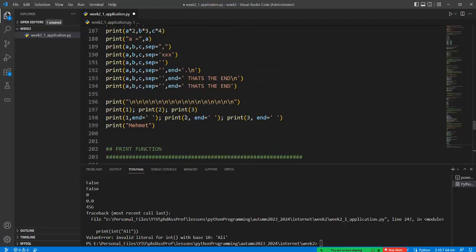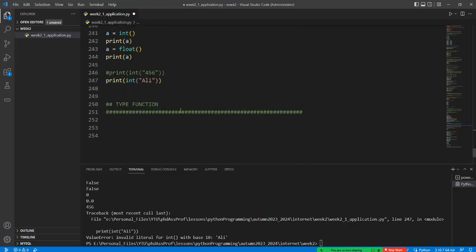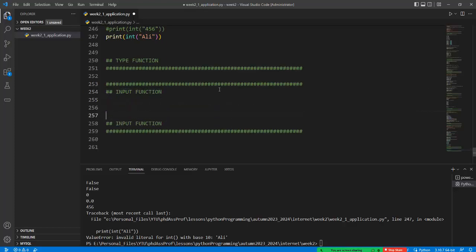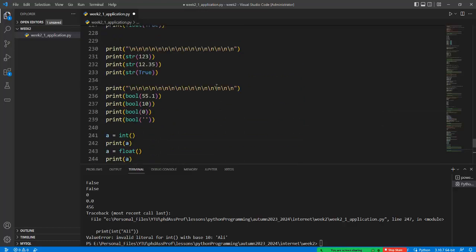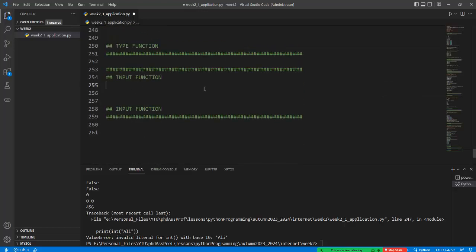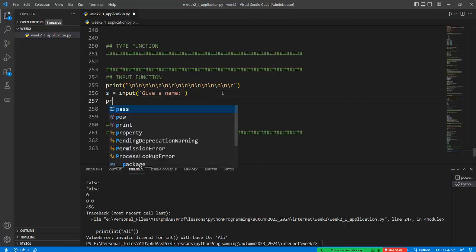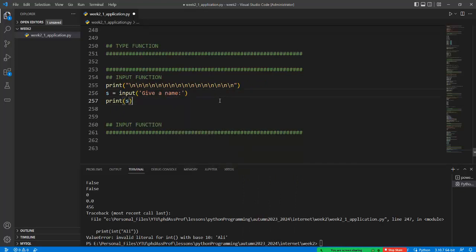So we have one more function in here, which is the input function. Input function means that in C or C++ programming language, it's like the scanf function, okay? Getting input values from the users, okay? For example, as input, like this one, give a name in here, okay? And then we can print the S value in here. For example, if I run this code again,